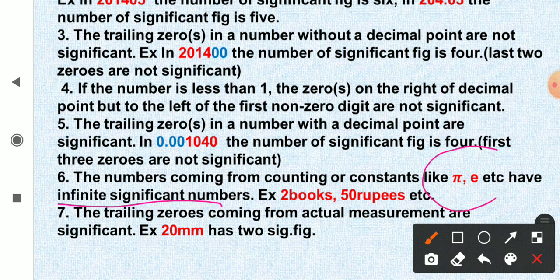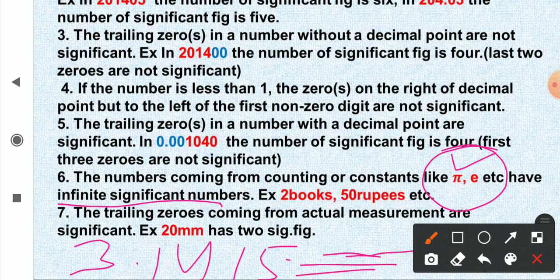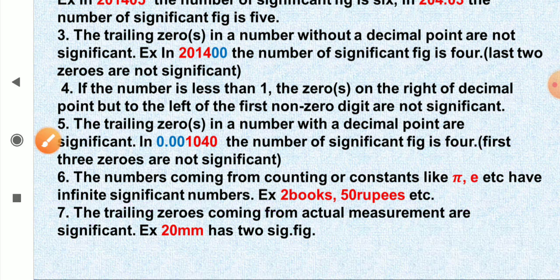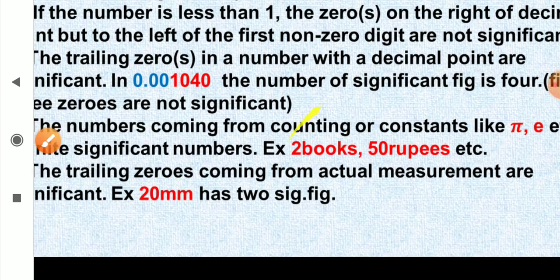And then we have some constants like pi, and you know that pi is 3.1415 and so on. It's a non-terminating decimal. So this also has infinite significant figures. Similarly, the exponential e also has infinite significant figures. Now,